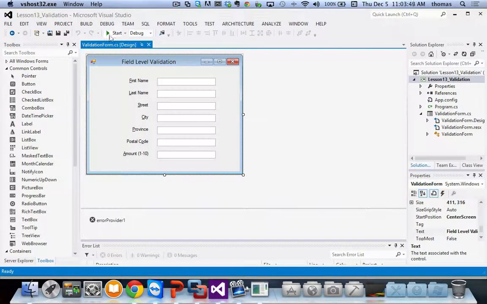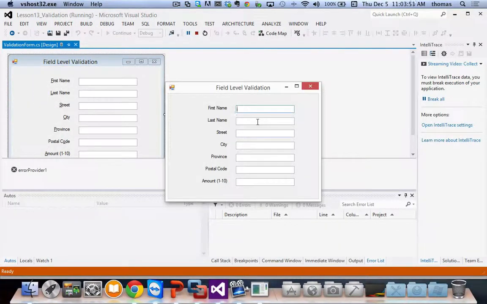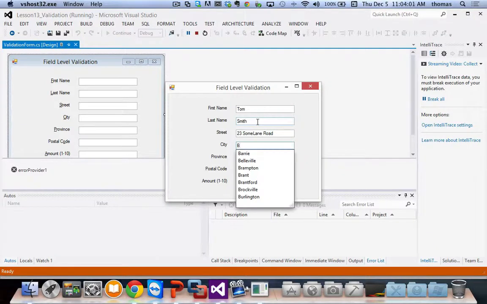Oh, one other thing I forgot. I put my name, Smith, because he doesn't care. 23 Some Lane Road. And let's say I start putting in a city, right? Again, I've used autocomplete for all the cities in Ontario, right? So I can choose the appropriate city. Like, for example, Barrie, right? And it allows you to do that. You can actually do that